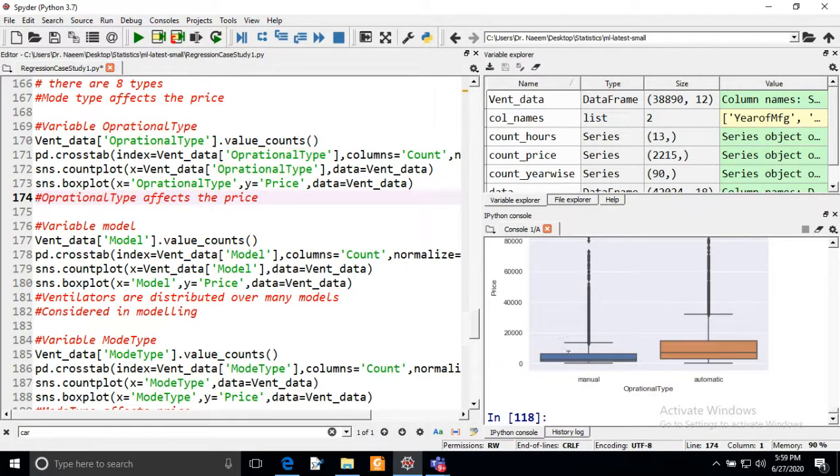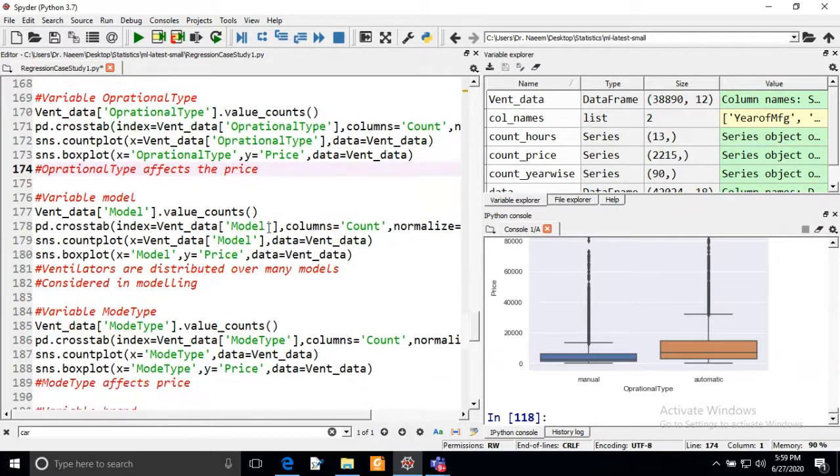If the ventilator is manual, it has a lower price compared to an automatic ventilator. So it is also affecting the price of the ventilator, and we will include this variable in our analysis.